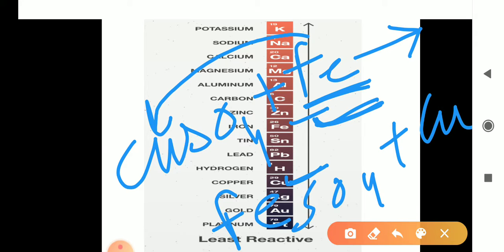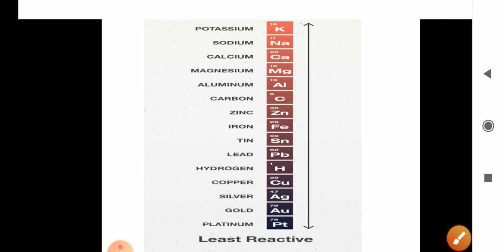Cu को अलग कर दिया गया है ना. ओरिजिनल सोल्यूशन किसका था? CuSO4 का, बट अब क्या हुआ? Fe Cu की जगह आ गया और बन गया FeSO4 और Cu को Fe ने अलग कर दिया क्योंकि Fe ज़्यादा पावरफुल था. It is more reactive, that's why it displaced the Cu. This type of reaction is called displacement reaction. What is this reaction called? Displacement reaction.